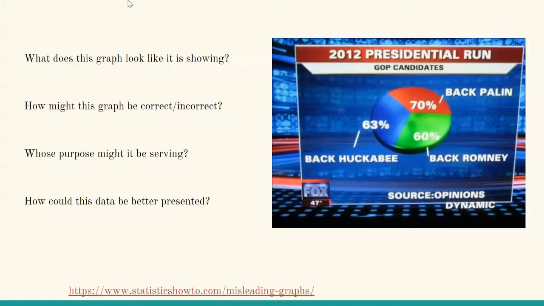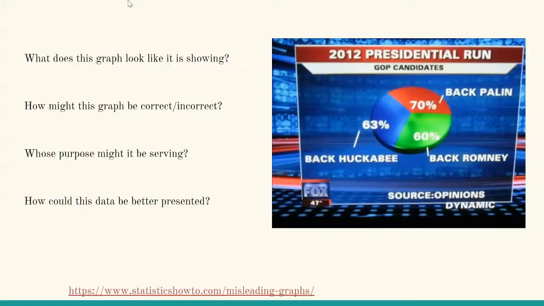Now, some things we might notice when we take a closer look: A, this doesn't add up to 100%. B, we don't know how this question was asked. So how those people are each getting numbers that add up to more than 100%, we're not sure on. But you'll also notice each of those pieces looks like it's divided into thirds, and those numbers are not equivalent. So those are pieces to consider. Whose purpose might this be serving? Well, maybe we don't want to show as much support for Palin as she's actually getting. Maybe the GOP is trying to dictate who they want to look better.